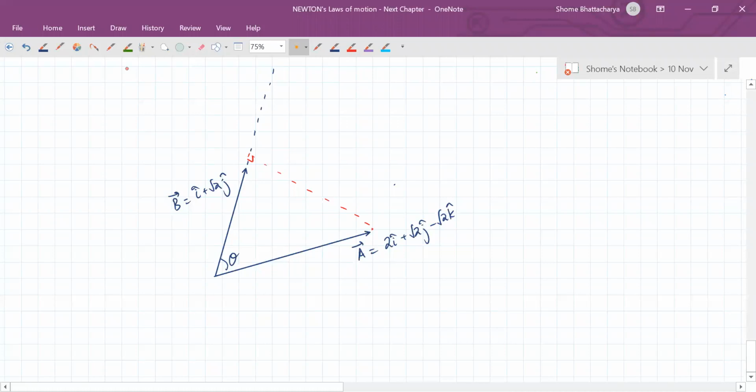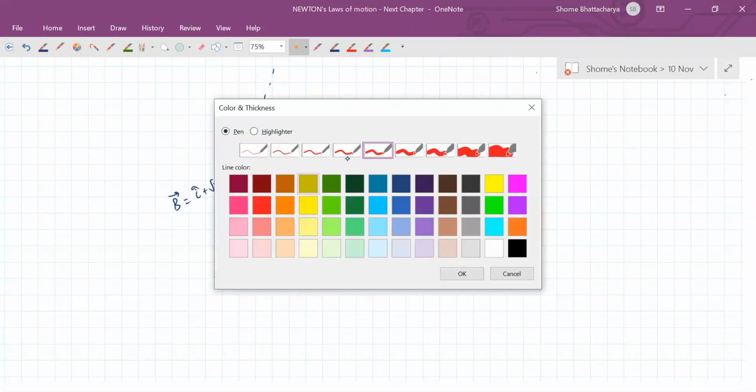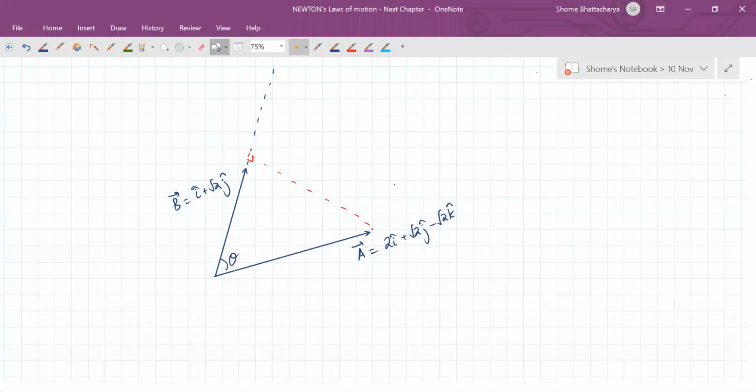Okay. And then whatever component A cuts along this axis, this becomes A's parallel component along B, whereas if we similarly take a perpendicular one,